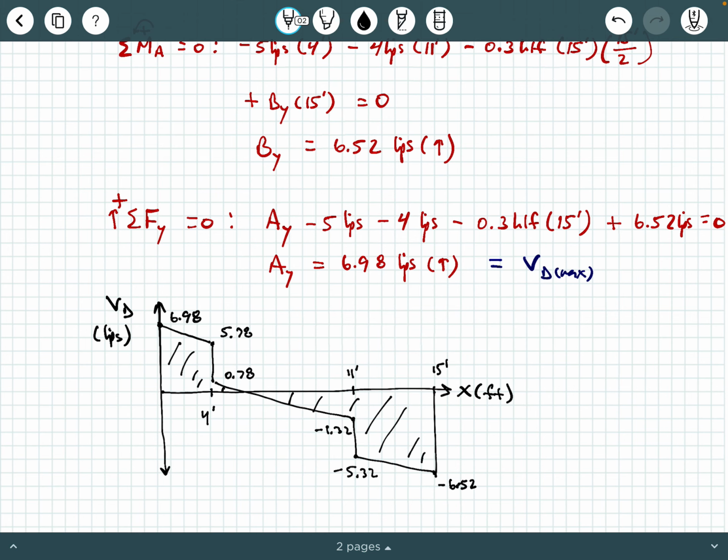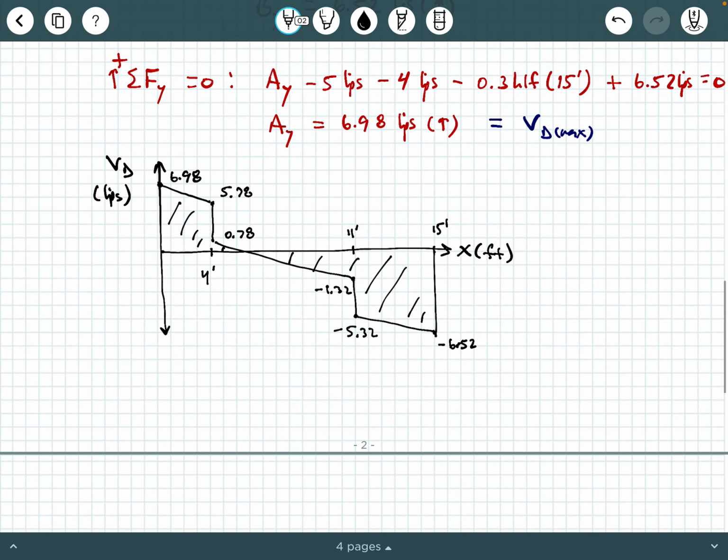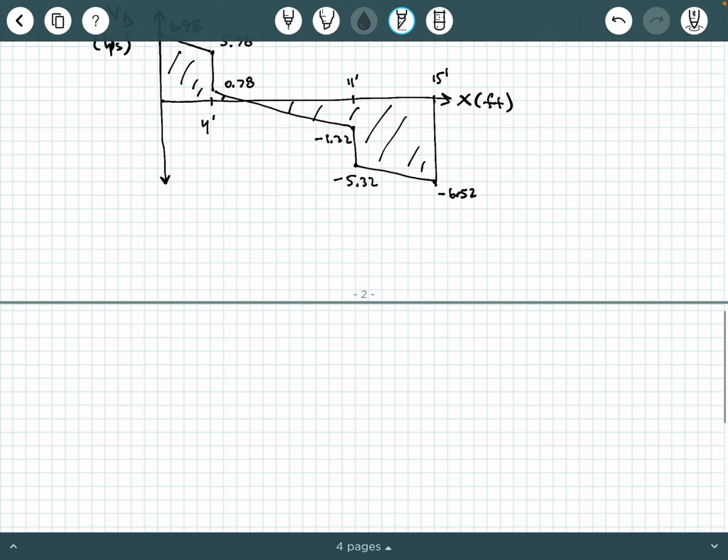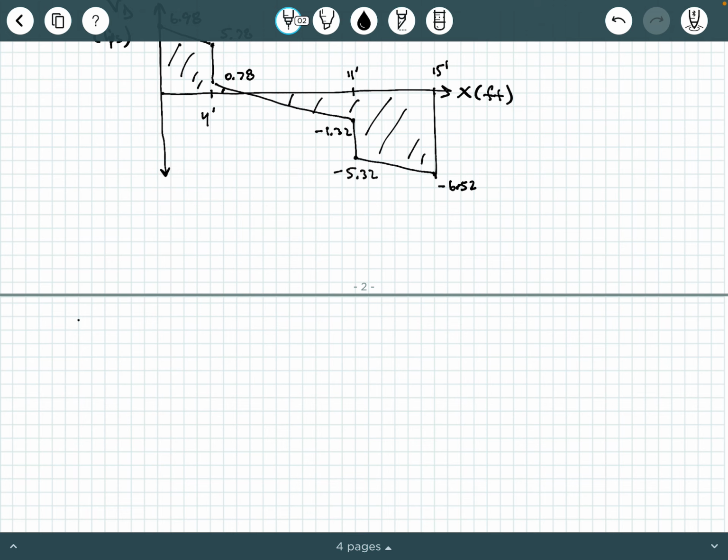Now, I'm not going to go into all the details of this because you should be familiar with shear diagrams from previous knowledge, but this is just a quick review of drawing and sketching a shear force diagram. And then we can clearly see that A_y equaling the 6.98 kips is our maximum shear force due to the dead load alone. Okay, now we're going to follow a similar procedure, and we're going to look at live load